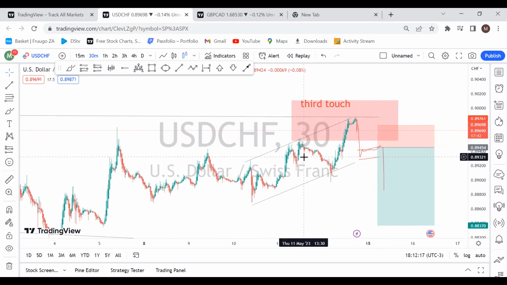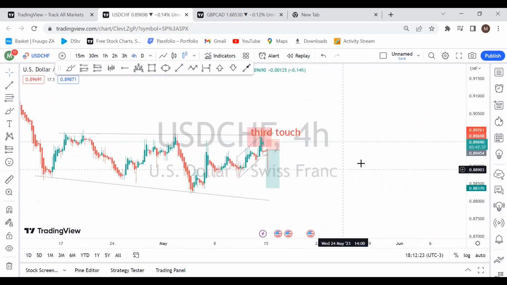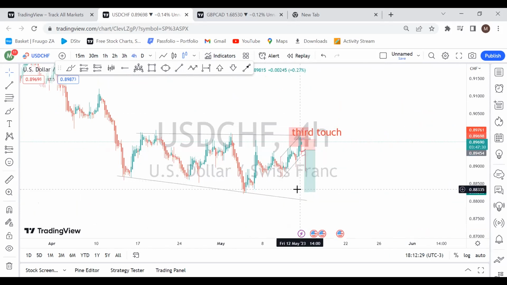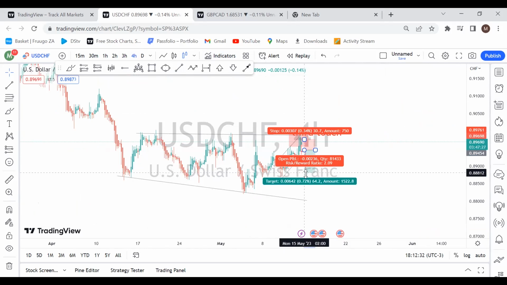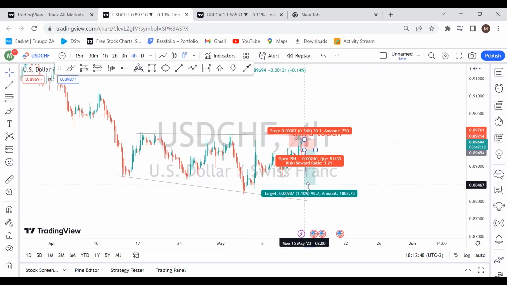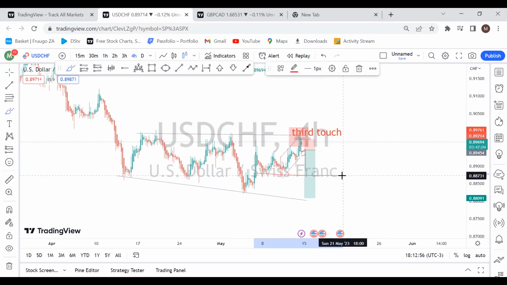Yeah, this is it with this pair. Very simple, nothing complicated. And it's a very short entry because we'll probably have the first target right there at the very base of this corrective movement to the third touch. So that would probably be the take profit and the final one, because I really wouldn't want to drag it down all the way here and risk it basically turning from this point and just going back up, right? So